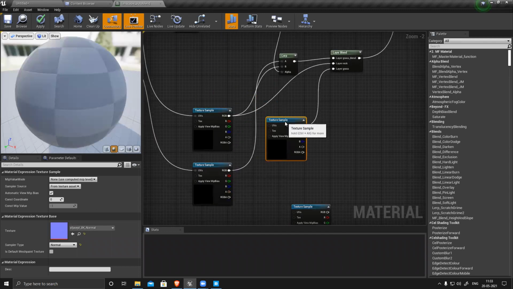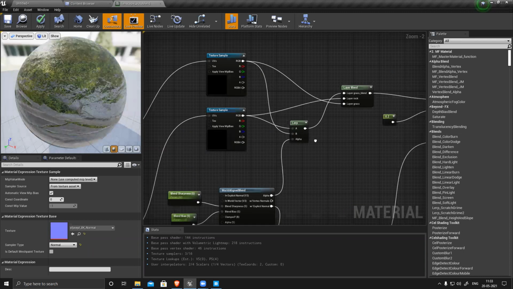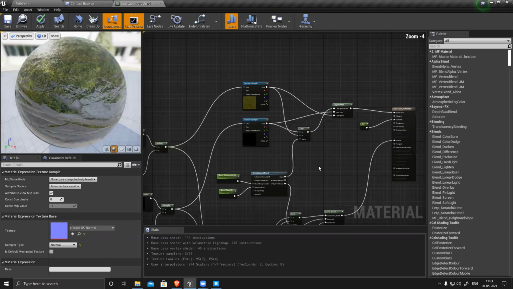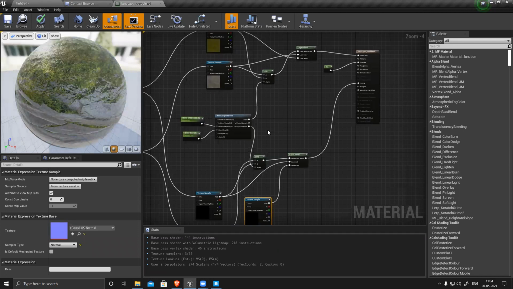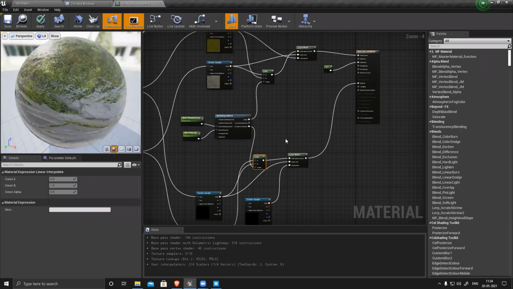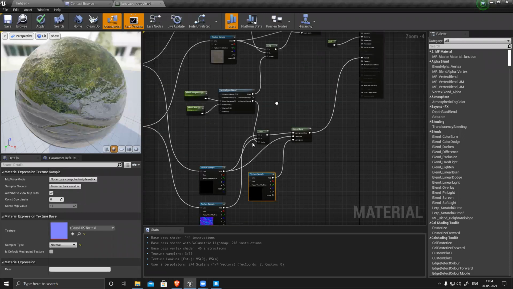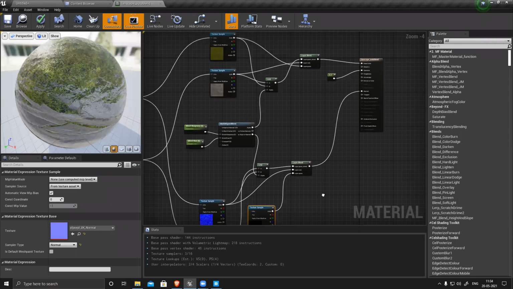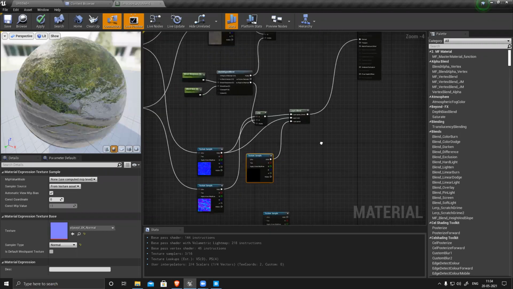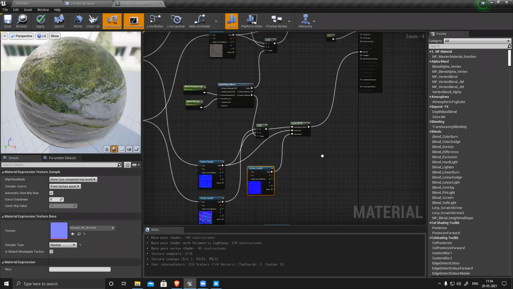Why do I have three here? Last and this. So rock, rock, connected.